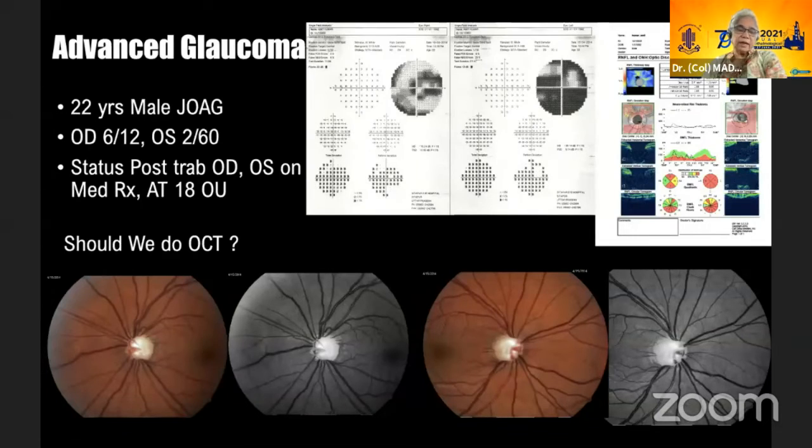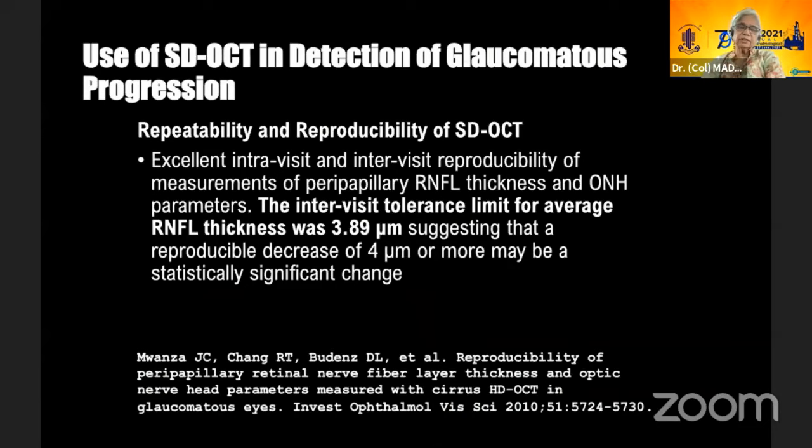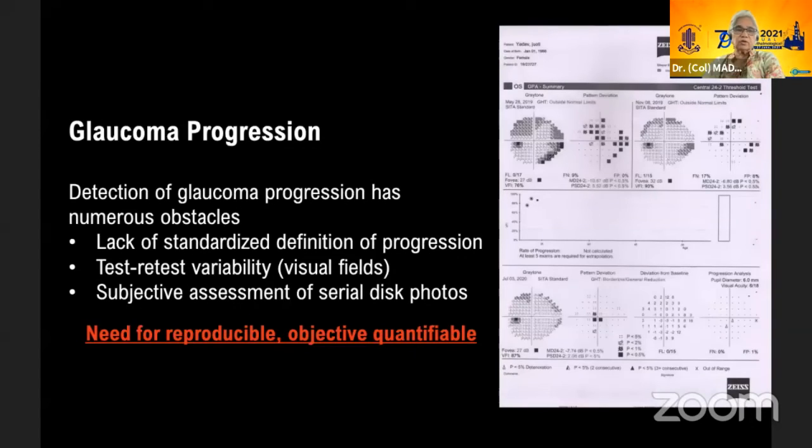In advanced glaucomas, there's really nothing left in the RNFL or macula, so we follow these patients only on visual fields. But in progression, OCT has a very smart role because even a 4 micron thickness change may be important. So in a diagnosed case of glaucoma, an instrument which is repeatable and reproducible is of extreme use. For early to moderate glaucoma, we do this on RNFL. RNFL and visual fields correlate very well, though one is linear and one is in logs. In moderate glaucomas, it does pretty well.